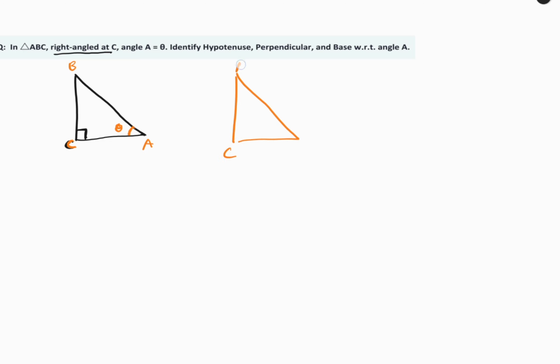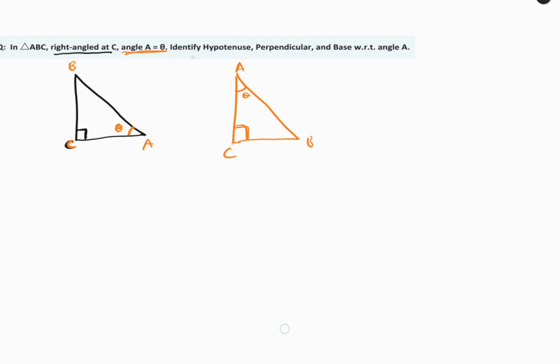ये सी था, ये ए बी सी, ए बी सी, ये कंजिक्यूटिव में ही होना चाहिए, हमारा कुछ से डिस्टॉर्ट नहीं होना चाहिए, एक ट्रायंगल है इसलिए डिस्टॉर्ट नहीं हो रहा. सो हम ऐसा भी लिख सकते हैं, यहाँ पे थीटा है यहाँ पे. ठीक है, you will get the same answer. ऑलवेज रिमेंबर एंगल हमारा ए पे ही बन रहा है, थीटा जो एंगल हो ए पे ही बन रहा है.